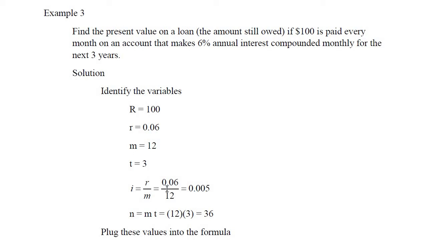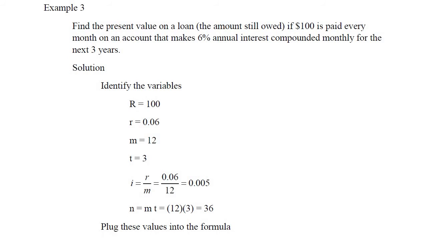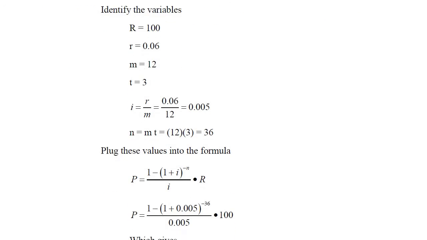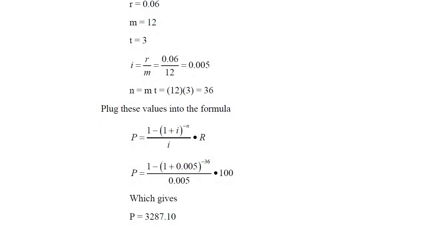Once I have these values, I can calculate my periodic interest rate. So 0.06 divided by 12 gives me 0.005. And N is going to be 12 times 3, which is 36. I can now plug those values into my formula for a decreasing annuity. That gives me the present value is equal to 1 minus, open parentheses, 1 plus 0.005, close parentheses, exponent negative 36. All that is over 0.005 times 100. Then if I grab my calculator and start pushing some buttons, that's going to give me a result of